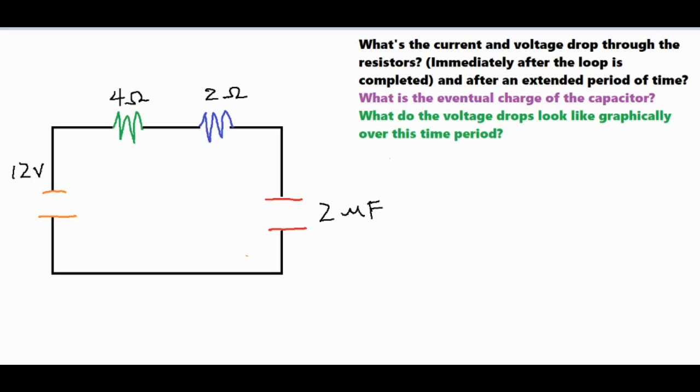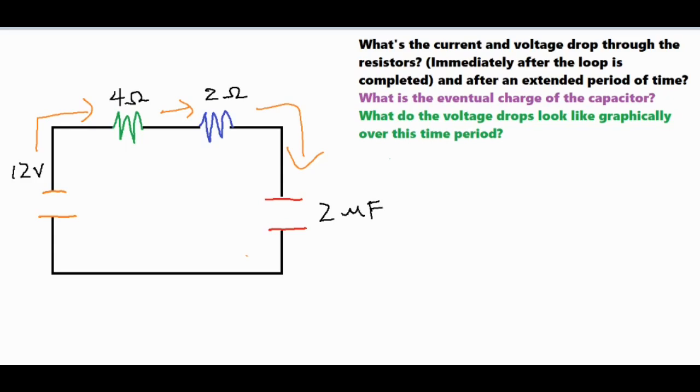Now, what happens initially is once everything is hooked up to the 12-volt source, the charge starts flowing around clockwise in our circuit. And what happens is it goes from high potential to low potential over here, and then eventually there is no potential difference, and then the current stops. So the immediate